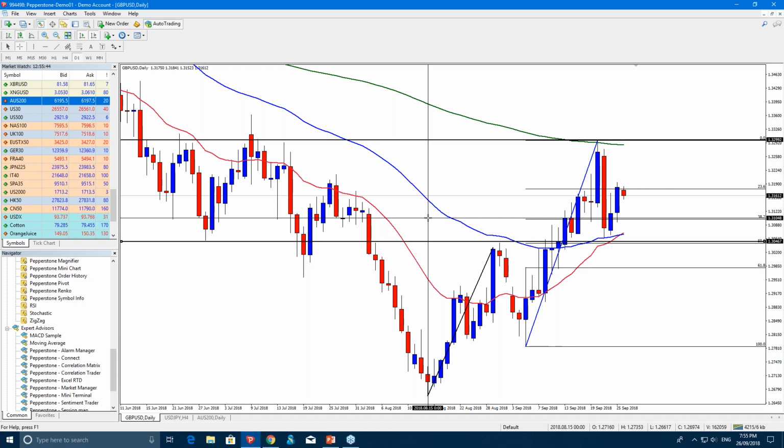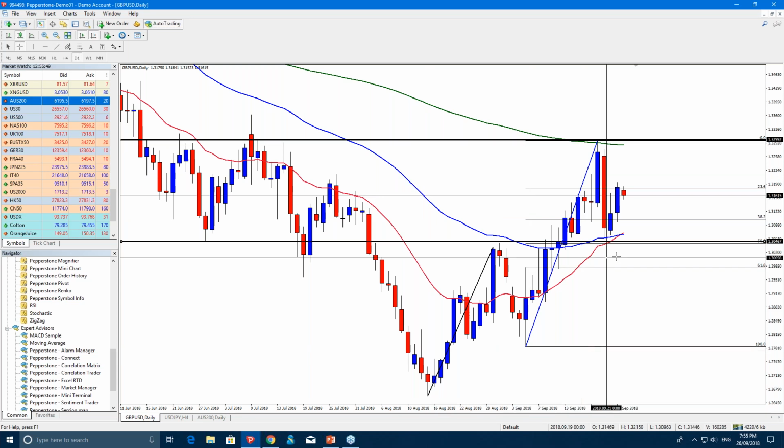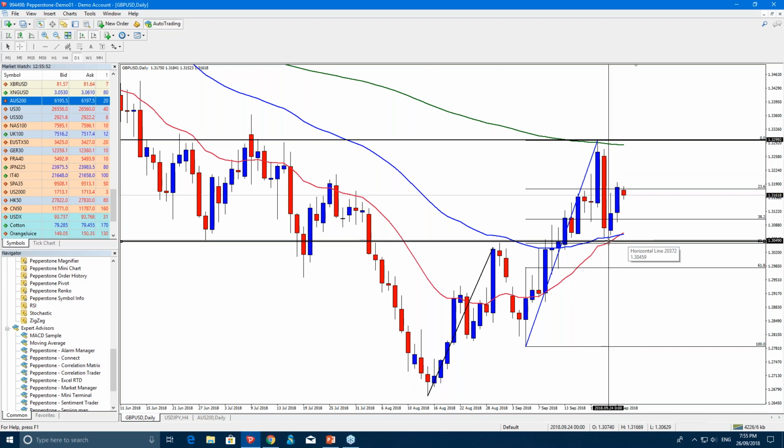Yeah, so with this Fibonacci we've drawn here, we can see that of the last move, when it came back, it's come back and tested almost close to this 50% level. And this 50% level is where we expect potentially the market to start finding dynamic support at the same point. So this is where we're starting to stack up a case for potentially buying the pound US dollar